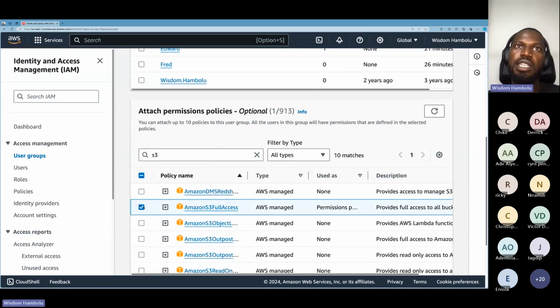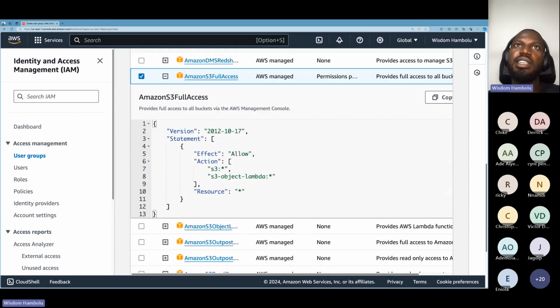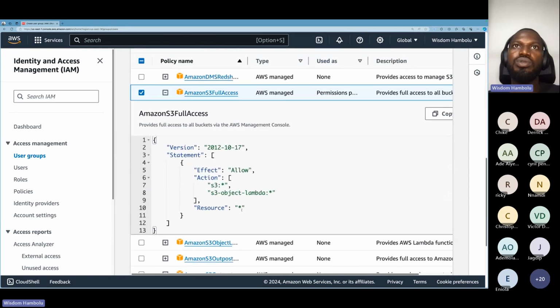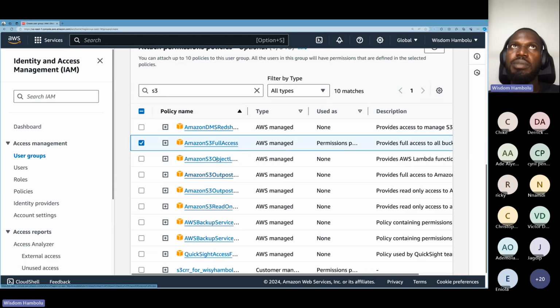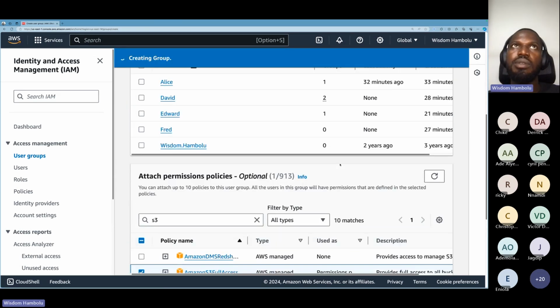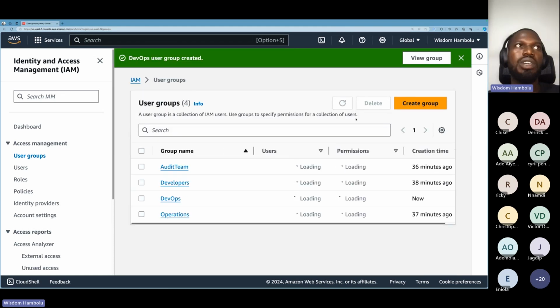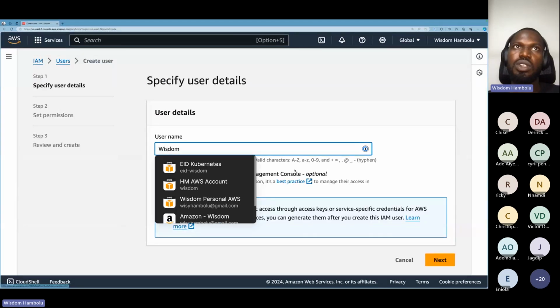Okay, so in the DevOps group, I'm gonna say give S3 full access. So S3 full access here ensures that the user is able to access every S3 content, right? Buckets and the objects in them. So I would attach that permission to that group, right? So I'll create that group called DevOps. Then I would create a user called Wisdom and add Wisdom to that particular group. So creating Wisdom,